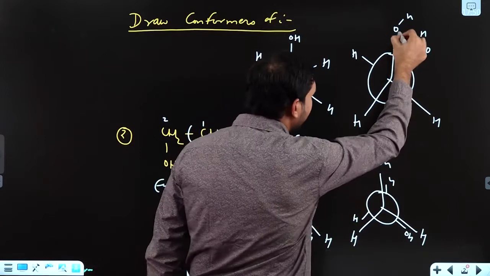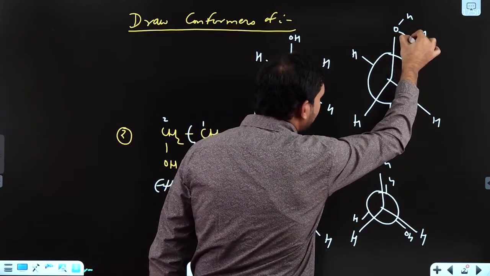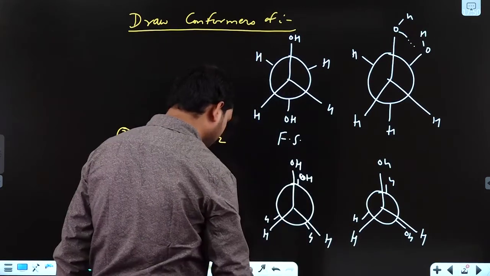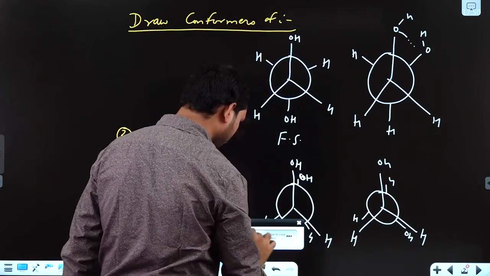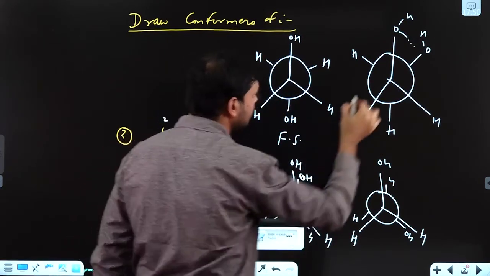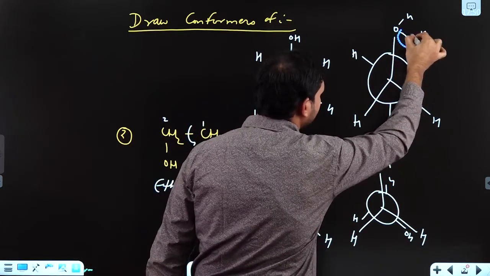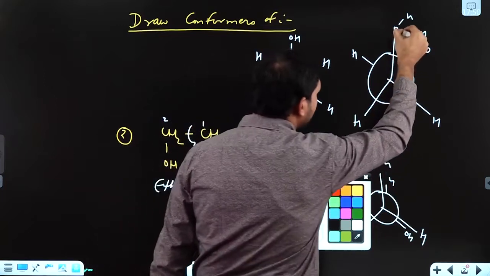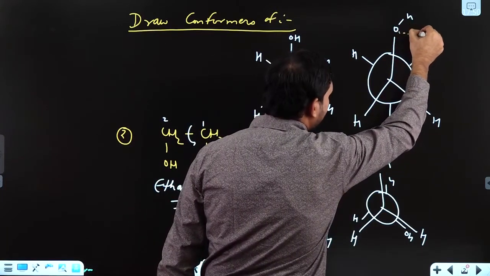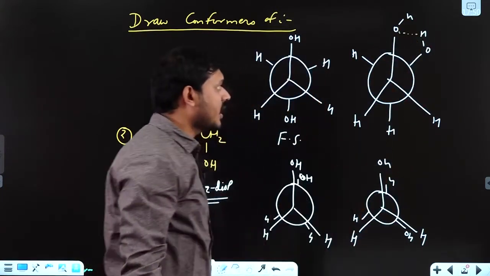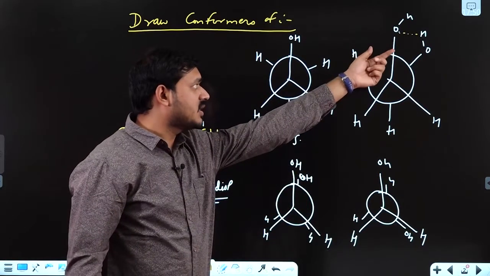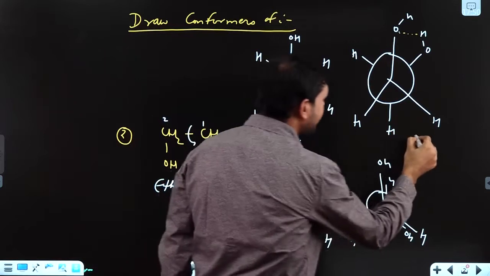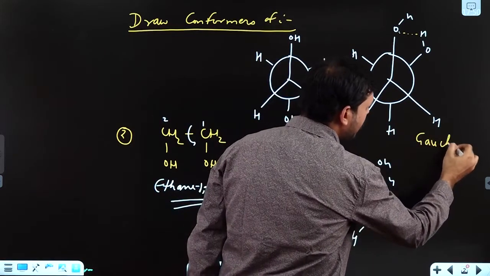Here you can see this oxygen is having a lone pair which is having attraction forces with this hydrogen. Okay, so here due to this chelate ring formation, intramolecular hydrogen bonding,